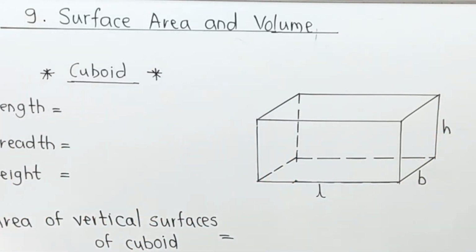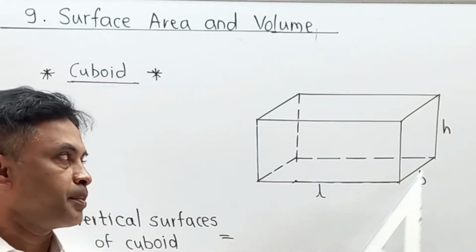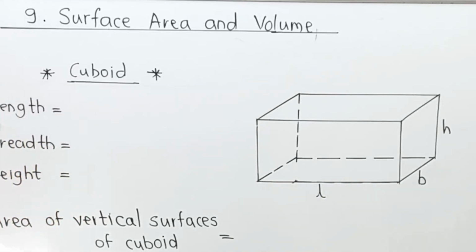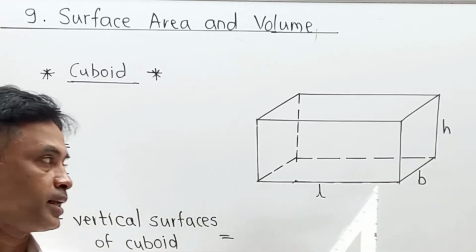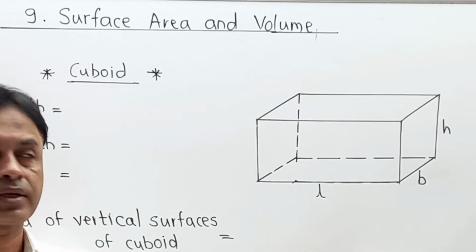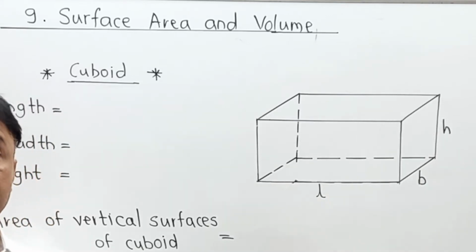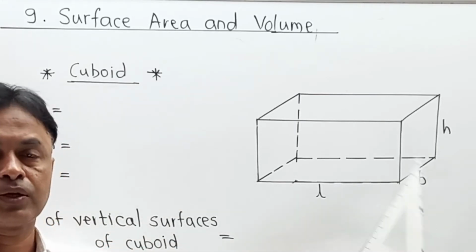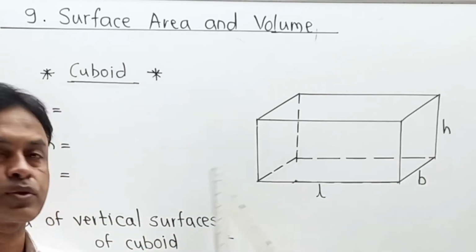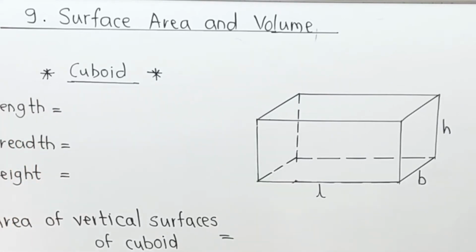Now, you have a first fundamental definition. If length, breadth, height are different from each other, then we can call this diagram a cuboid. It may be possible that in some diagram length may be equal to breadth or breadth may be equal to height, but all three are not the same. Among the three, two may be the same, but the third must be different. Then and only then can we call that diagram a cuboid. Means length is not equal to breadth, or breadth is not equal to height, or height is not equal to length. These are different values.